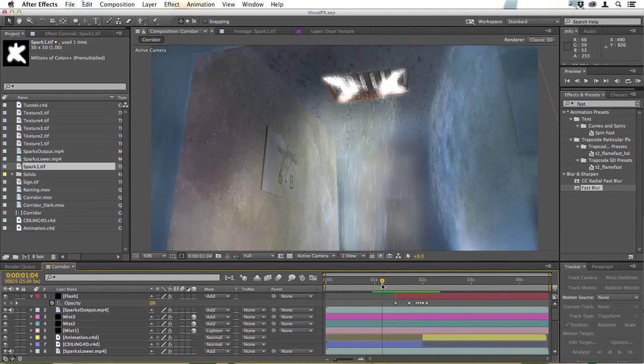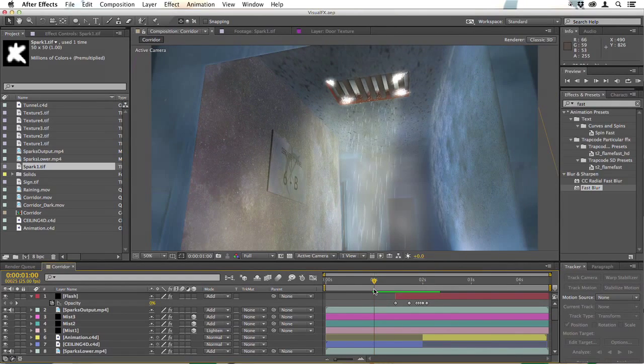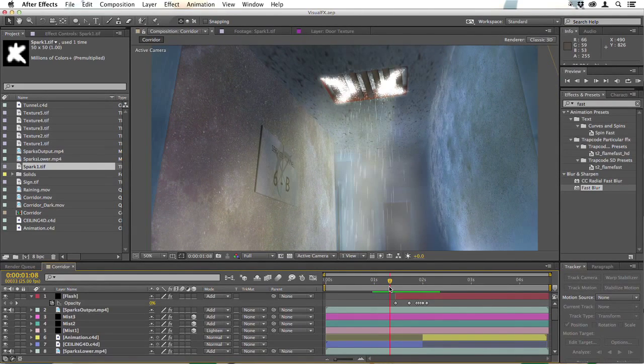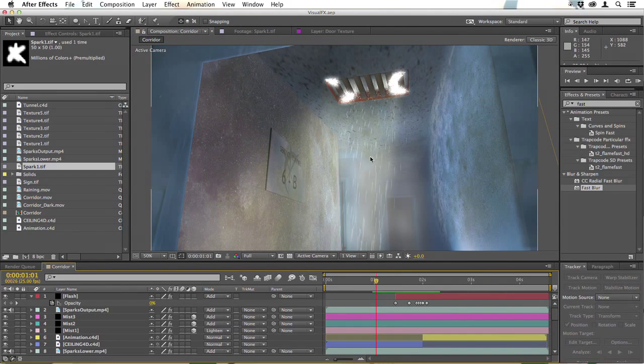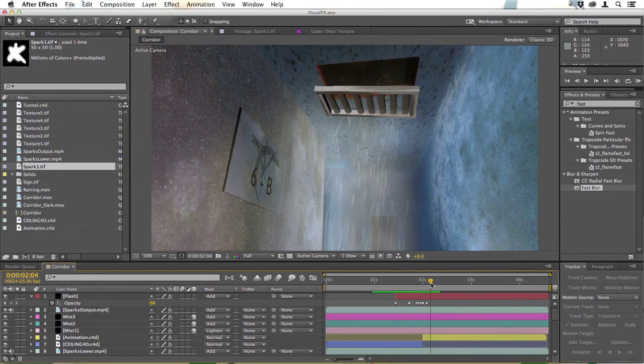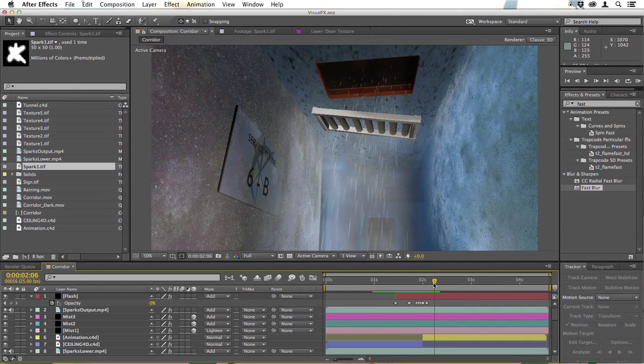We're going to add some more sparks here, both before the grid falls and afterwards. The idea here is that the sparks wouldn't just jet across like that, they would fall down. So we want to add something that doesn't look like rain, that looks like metal sparks falling, and then as the grill itself falls we want to emphasize that it's falling and has been blown away by having those sparks